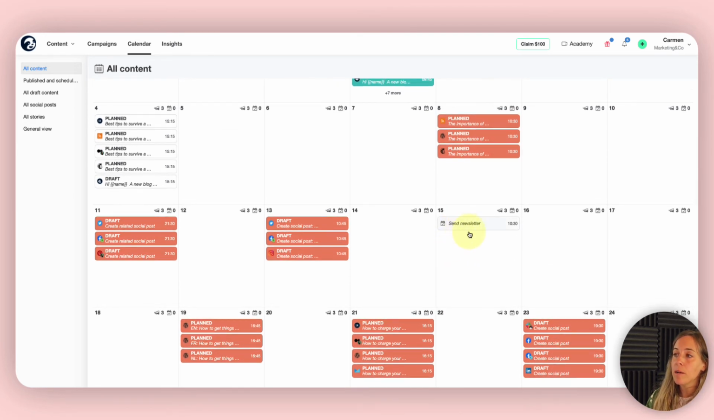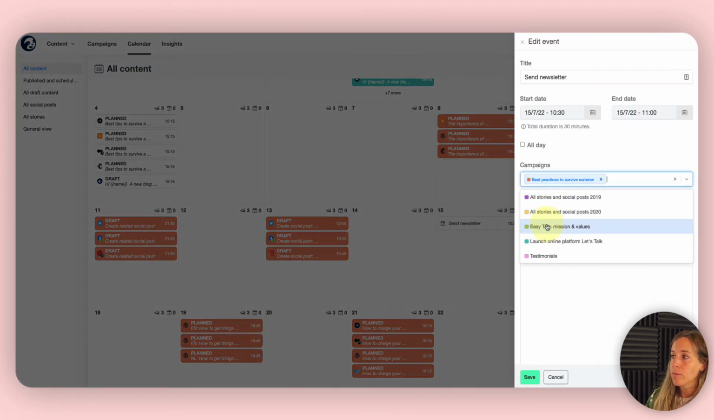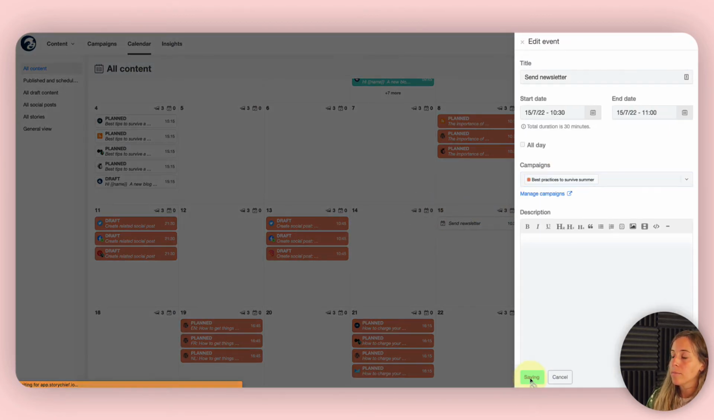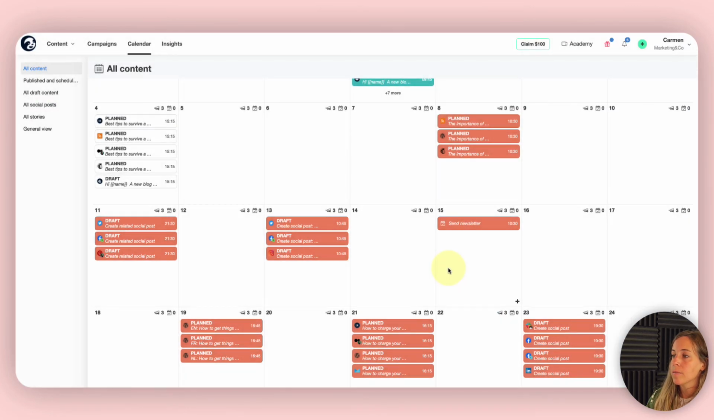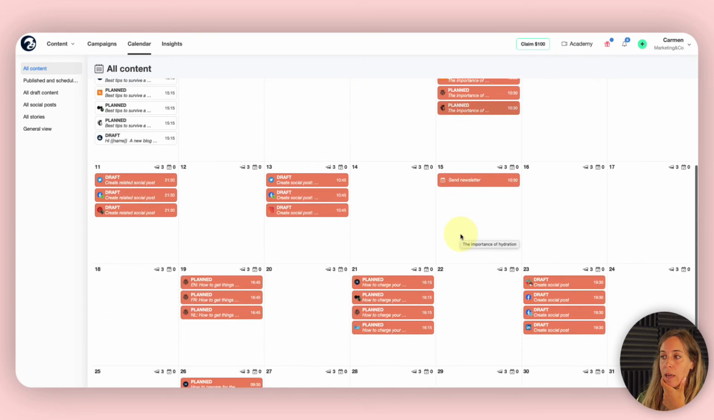I do see, for example, that the newsletter hasn't been linked to the campaign yet. So I can do that from here, or I can do that also from the campaign overview. So like this. Perfect. And this is how I can really make sure that everything is under control, and it's quite visual. It's easy to visualize it as well. I think it's a really nice